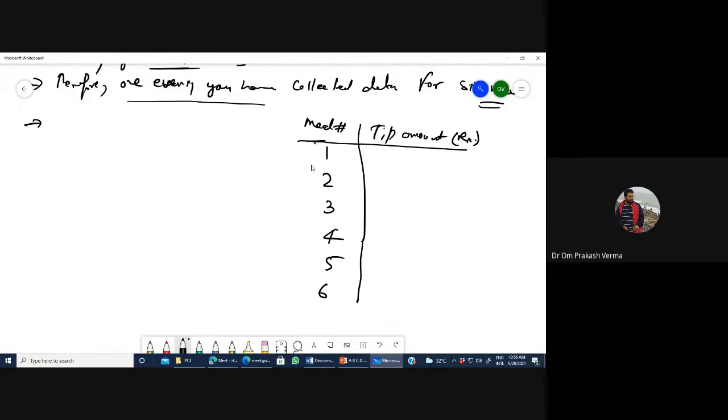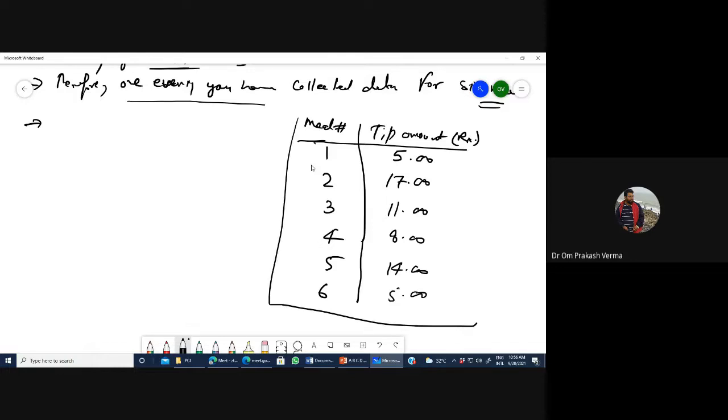Based on these meals, let's say we got 5 rupees in the first meal, 17 rupees for the second meal, 11 rupees for the third meal, 8 rupees for the fourth meal, like that 14, and let's say 5 rupees. I'm just giving this as an example. This is the data.